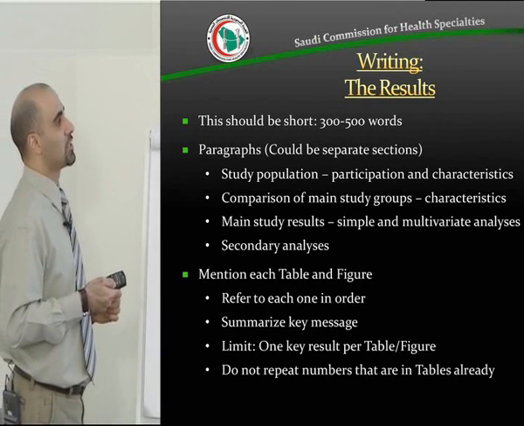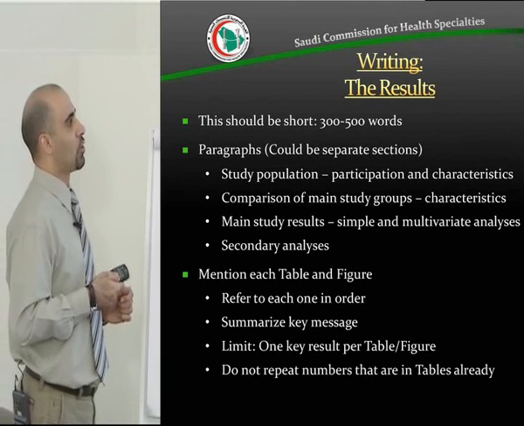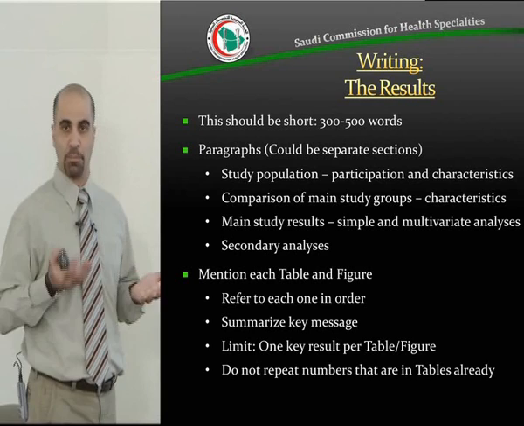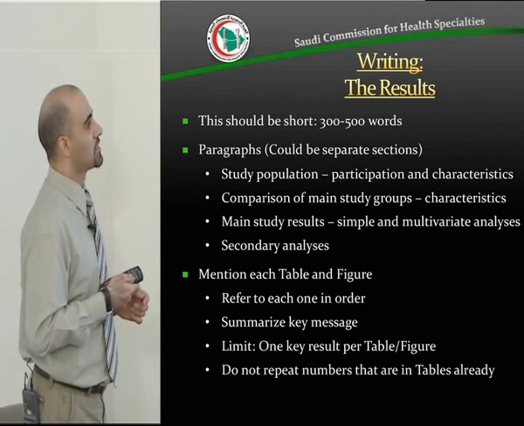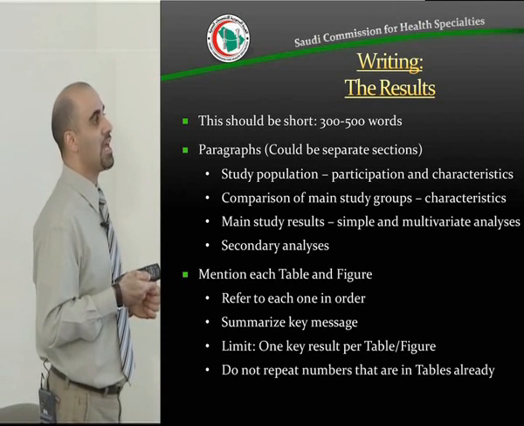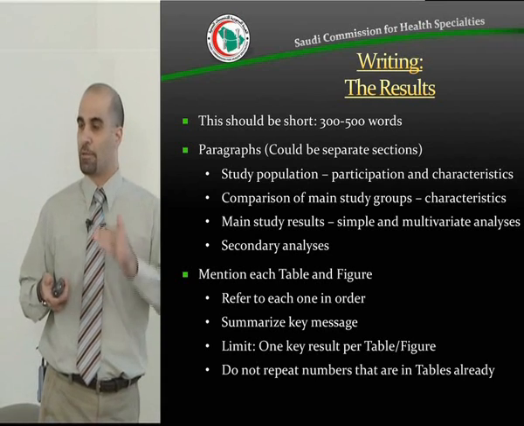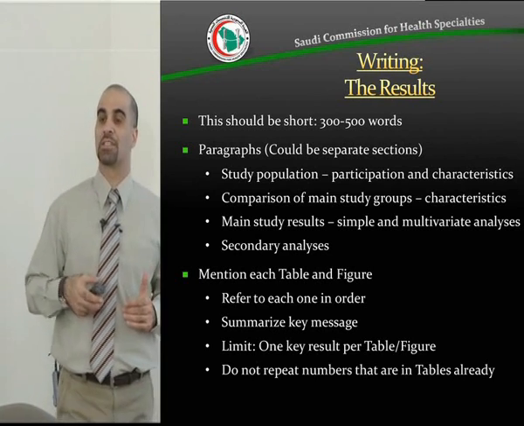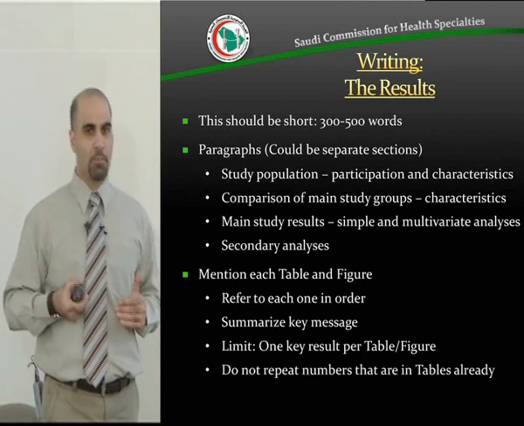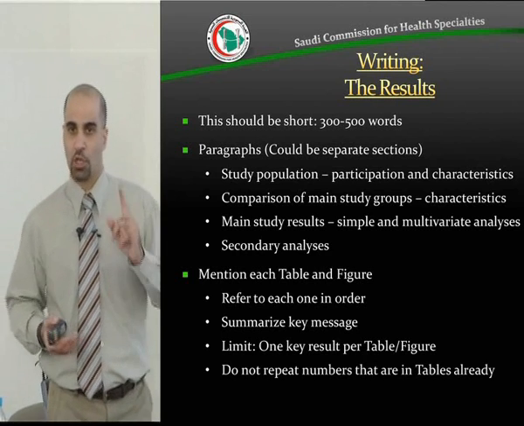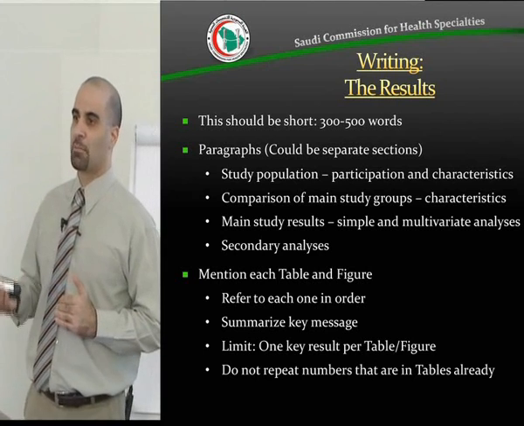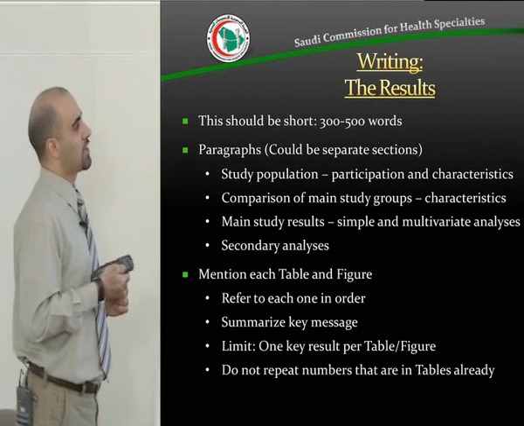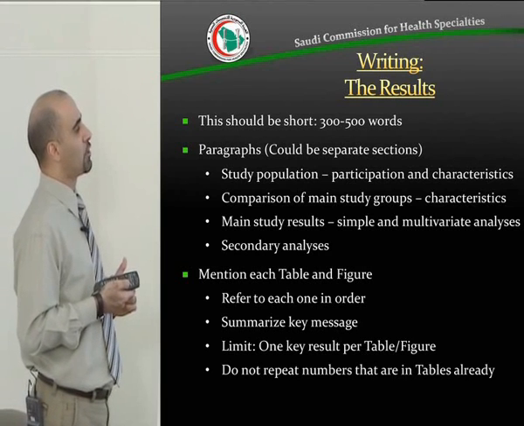What are the participation and the characteristics of the participants? Comparison of the main study groups is the second section, which is the characteristics of the people, but in comparison. The main study results, simple and multivariate analysis, could be in a third table. And the fourth table could be secondary analyses or secondary objectives, because you remember we said any research question could have a primary objective, but multiple secondary objectives. So the fourth paragraph might be